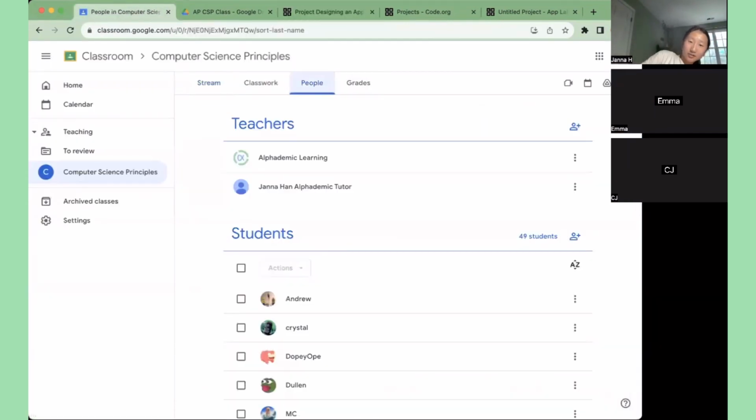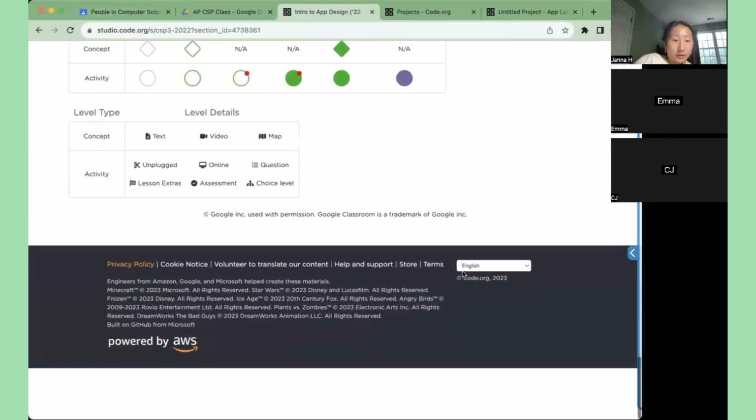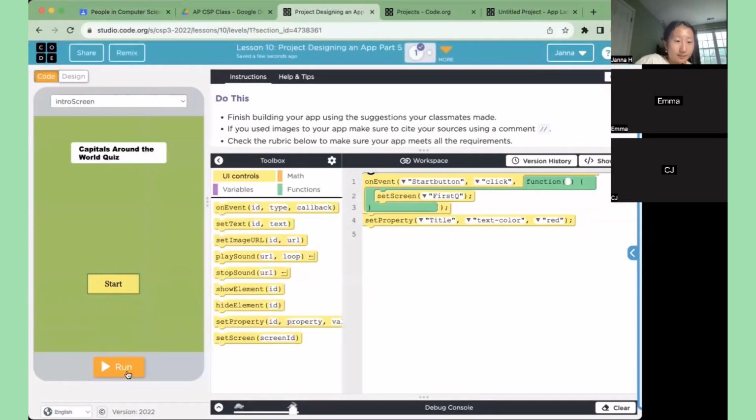Okay, so Emma, you can start planning out your screens and coding. This is basically what we're going to do next class too. So I'm just going to be here for any questions. Once you're done, you can go to the end of this thing here where it says submit your app. I don't have it because I'm the teacher, but press submit, and then I should be able to see it, and then I'll give you any feedback. And yeah, just due